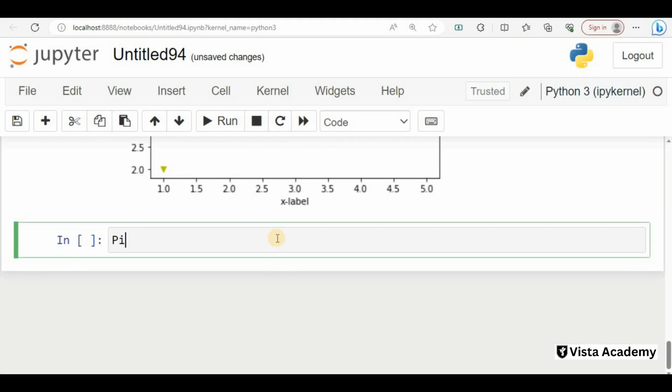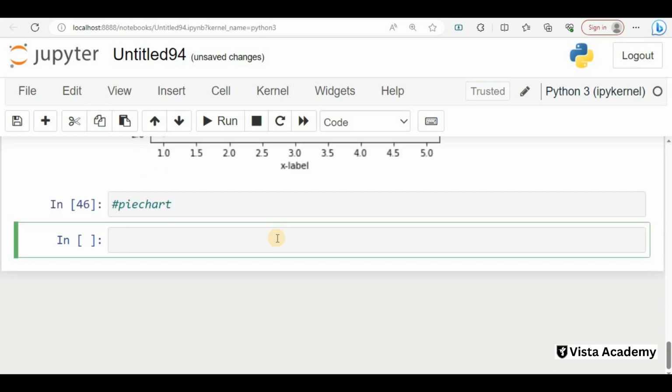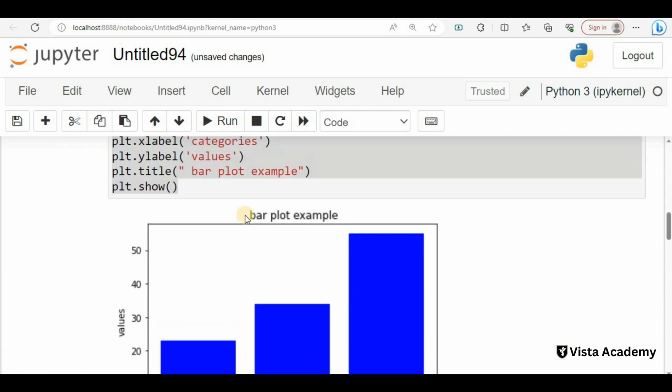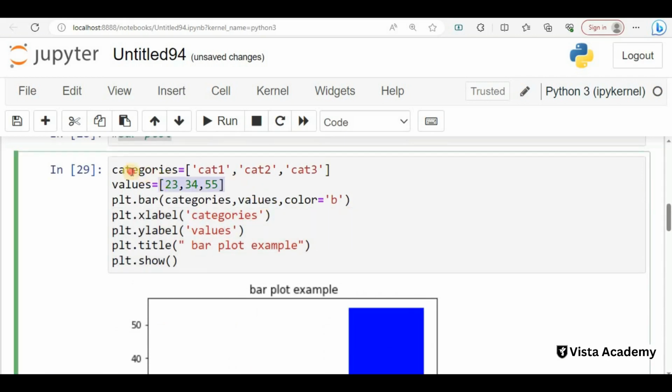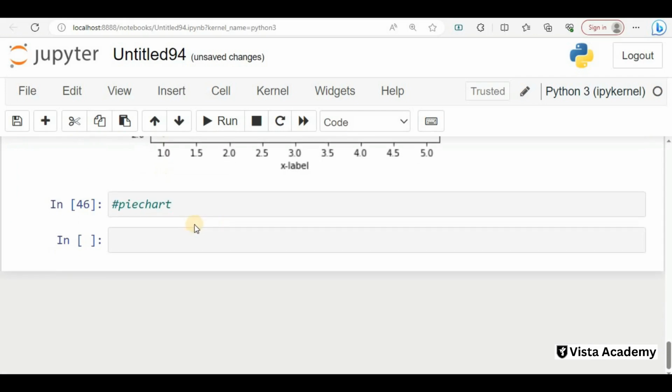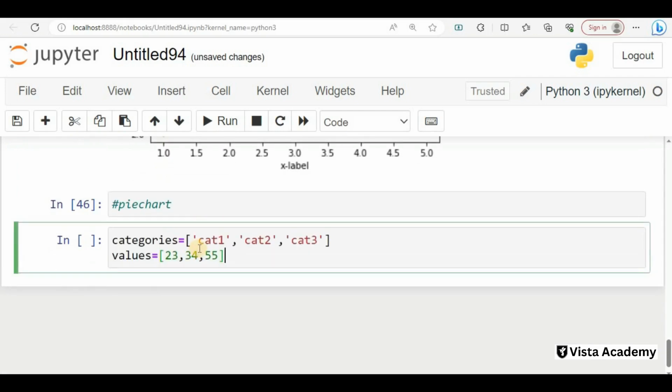So to create a pie chart I will write here pie chart, and for the pie chart I will import the library. We have already imported it, and we have categories, and we will take this data to create a pie chart like this one. So I will again copy this here, and now we will create a pie chart.